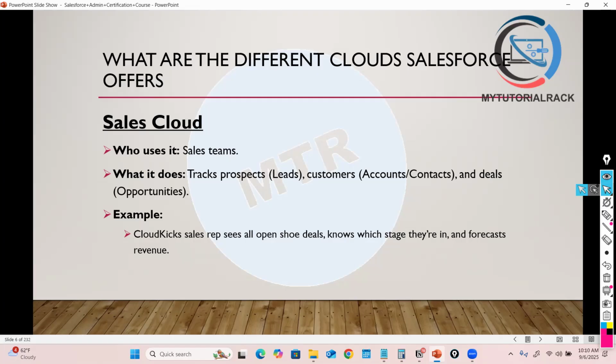your customer. Customer is nothing but you store them in objects like accounts and contacts. Okay, so they start as leads. Everybody starts as a lead, and then they get converted to an account or a contact. And then the deals that you're making, the products that you're selling, you will track them through something